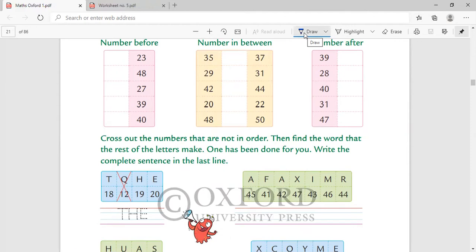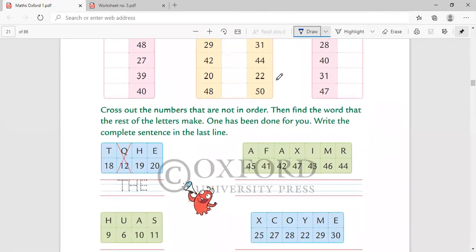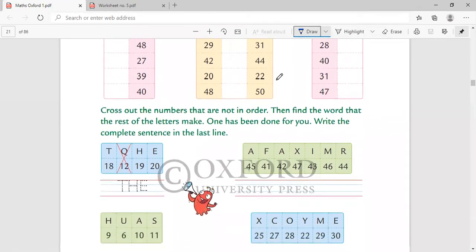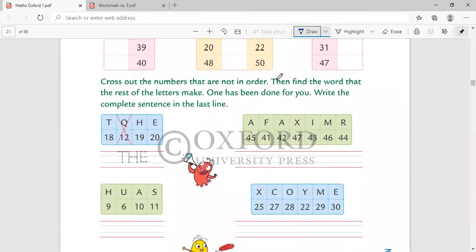So what had happened in the earlier class, my dear children? We had done comparing numbers, bigger and smaller numbers. We did before, after as well. But in today's worksheet, we will have a mix of both, that is before and after, along with coding. Now, what is coding? This is the first time we are coming across coding. So we will have a quick look at coding. Kindly pay attention, because this is very important. You will have the video with you, and getting this concept clear is important.